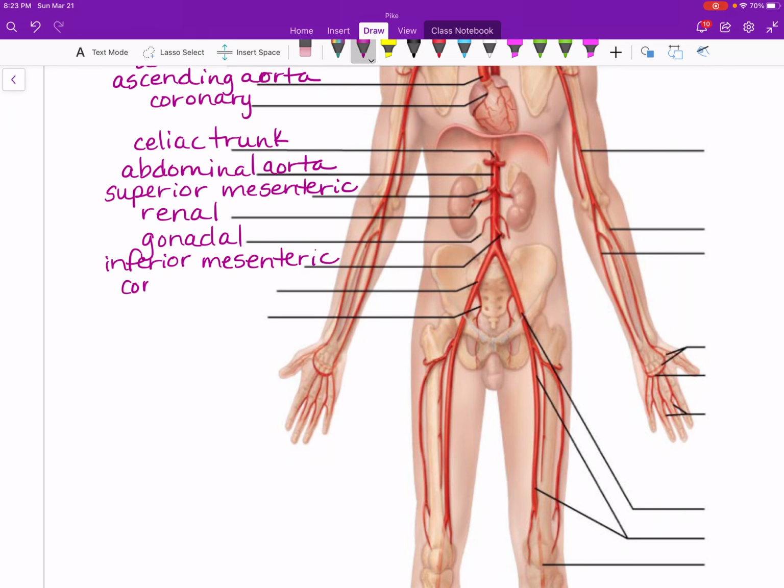Then here we have a common, which means a trunk, it's going to split. Here's the common iliac, because it's right near the iliac crest of the coxal bone. Then we have the internal iliac, supplying the pubic region, and the externals on the other side. So coming over here,